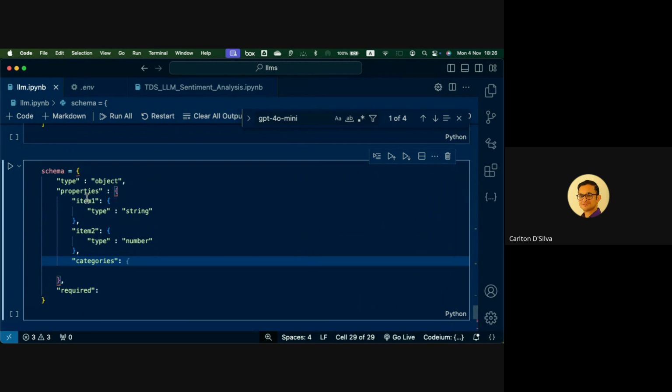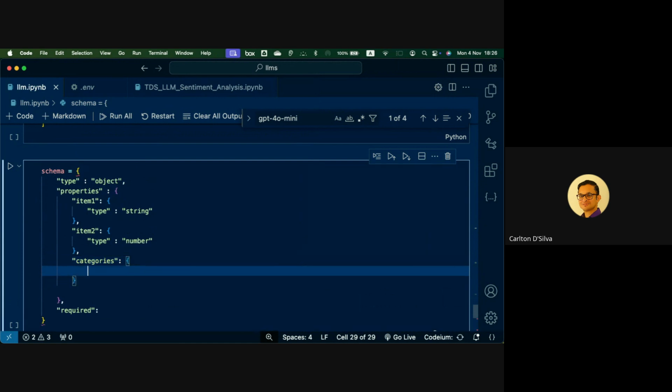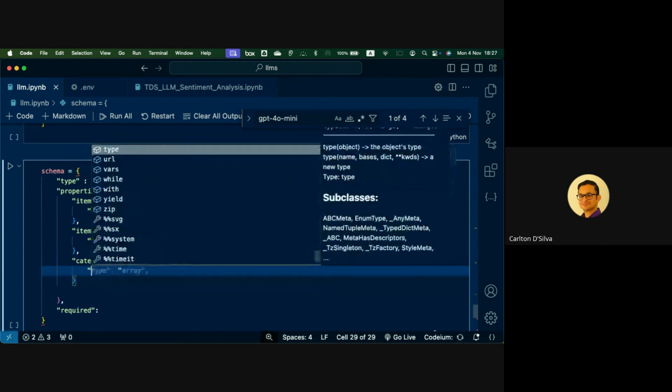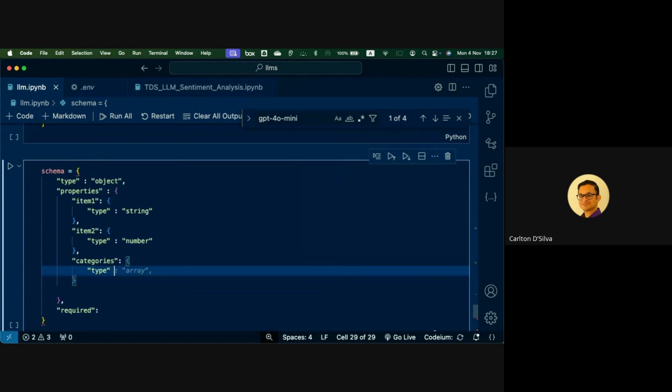And these are the labels of those items: item one, item two, categories. Okay. Now we have to explain what this categories is. So categories, of course, there could be many variables in a category, right? In other words, it's maybe an array of some sort, you know, say type, then array.